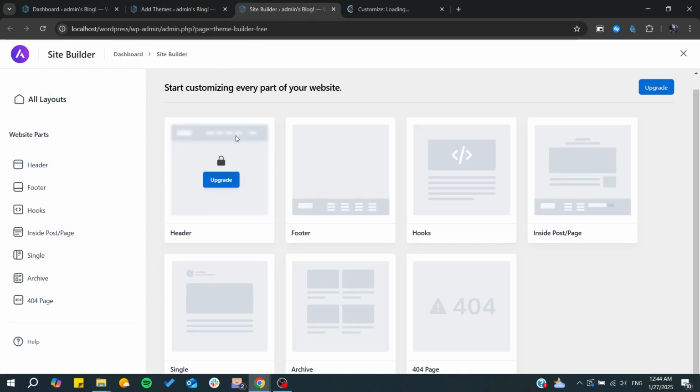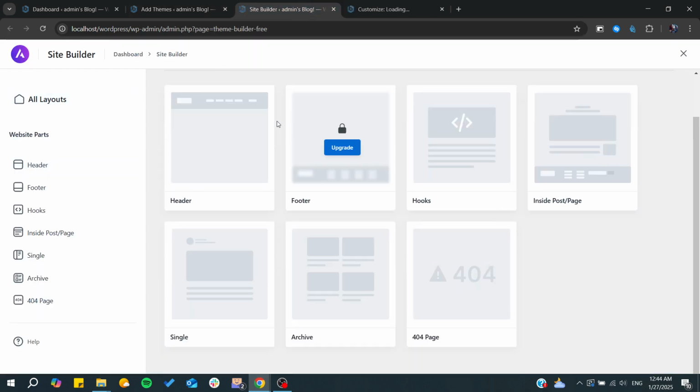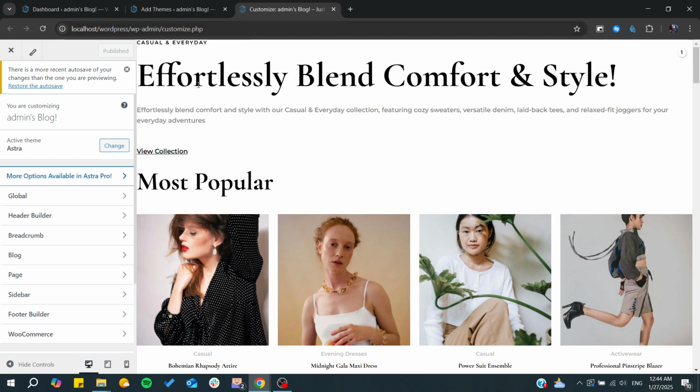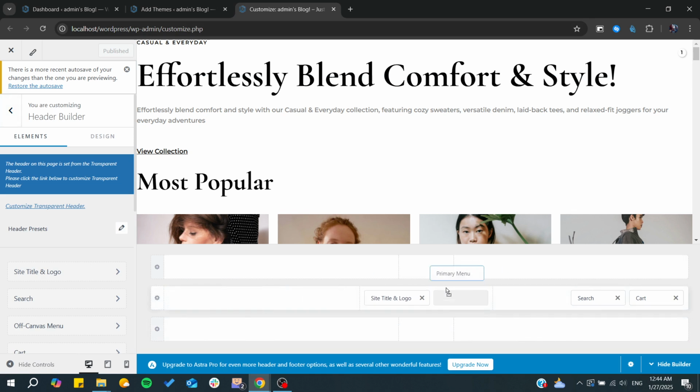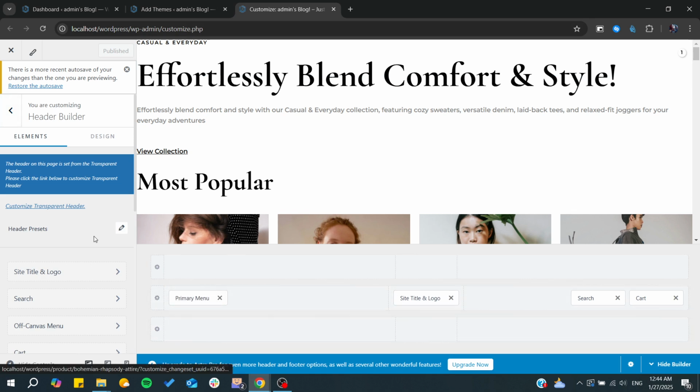So the site builder is a more extensible way that will give you more control on your website to change the footers, headers, and many aspects of your website. Or you can just use the customizer to start going, for example, to the header builder, and you can start changing the logo and the placement of things,